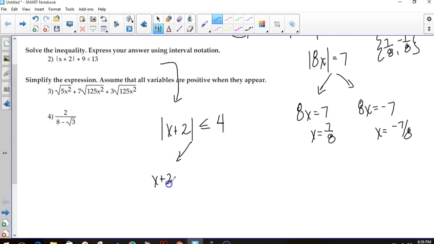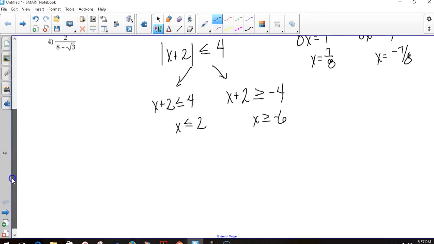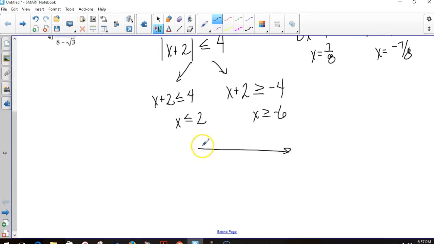So x plus 2 is less than or equal to 4, but it could also be equal or less than to the opposite of what I see, which would be x plus 2, and then when you flip the sign, you have to flip the symbol, and so now this would be greater than or equal to. Solve both. I get x is less than or equal to a 2. X is greater than or equal to a negative 6, and if I think about this on my number line,